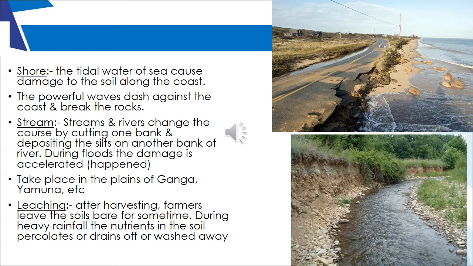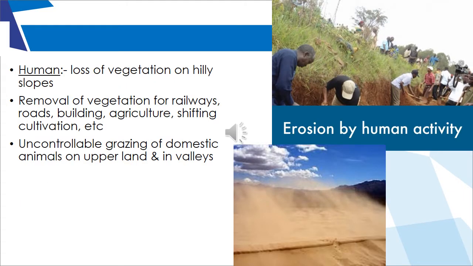The next reason is human activities. So basically it is deforestation or removal of vegetative cover for whatever reasons. It can be urbanization, commercialization, or to build buildings, or to make ground for agricultural purposes. So what happens when deforestation occurs on a large scale? It makes the soil very loose, and the soil becomes very prone to erosion.